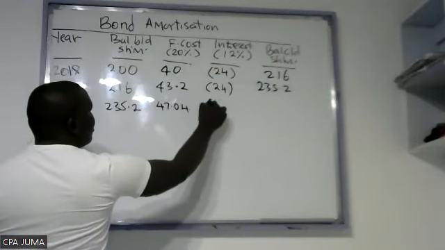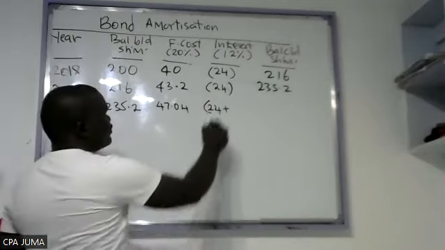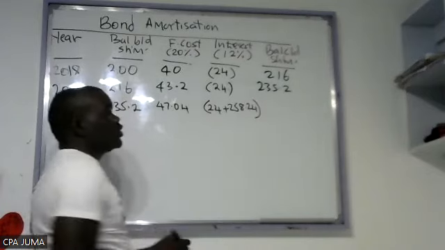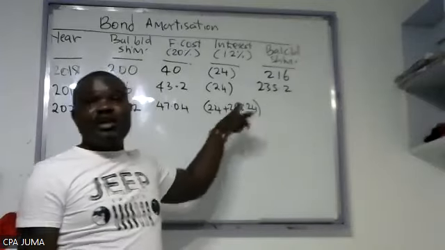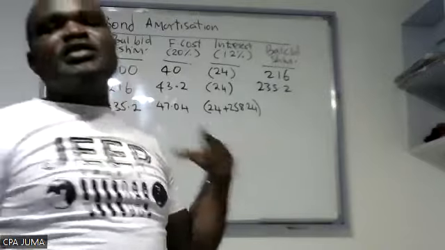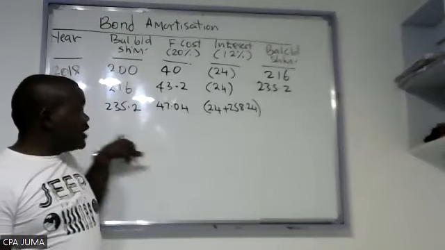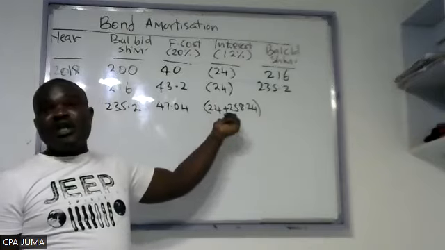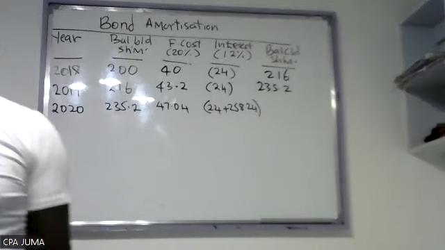47.04. This now will be 24 plus, what I'm saying, 258.24. So it should be zero. At the end, once they redeem, there should be no balance, or you can have a negative. Always, if you get negative, it means the amount is fully compensated. You just write nil. But tell me the actual: you're getting this plus this minus the entire bracket, the interest for that year, and also the redeemable amount. What do you get?